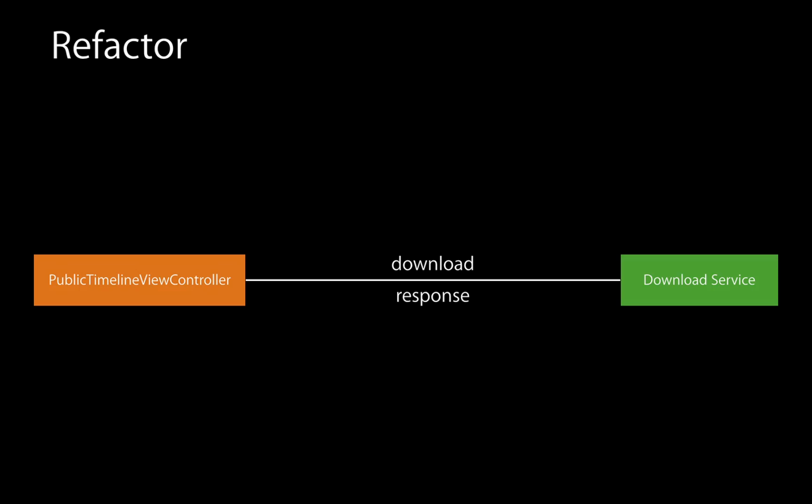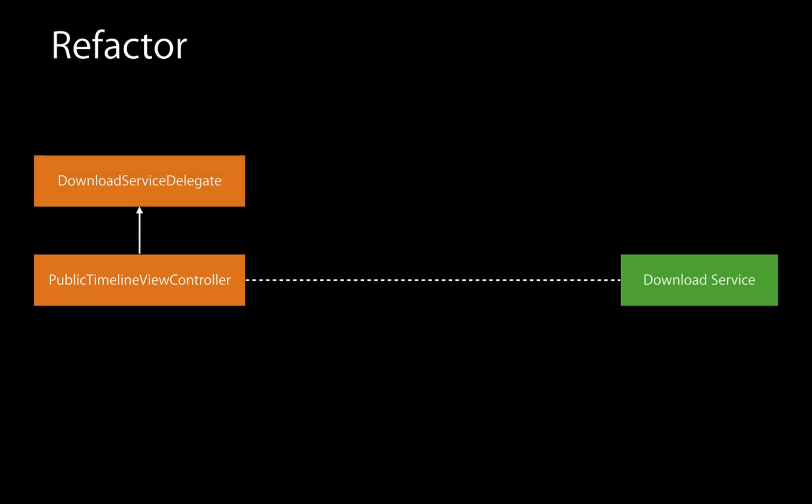The public timeline view controller has to know the download service because it's going to be responsible for creating it. But if the download service also has a hard relationship back to the public timeline view controller, then we're going to have to add a property to that download service, and it's going to have a relationship to this public timeline view controller. When we add a new view controller, do we add a new property? Like, we don't want to go down that path. So instead, let's make that a weak relationship and use